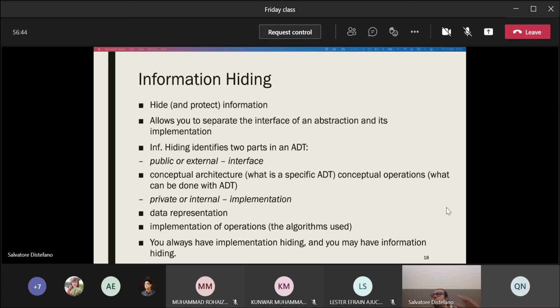So, this useless information allows me to rise up the level. Because if I don't need to understand useless details, I can use different types of implementation that implement the same concept in different ways. So there could be the queue implemented in static, dynamic, and so on. I can use all of them using the same interface. This is done with this concept, separating from the information hiding perspective an abstract data type or an object